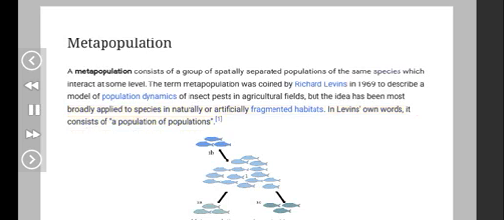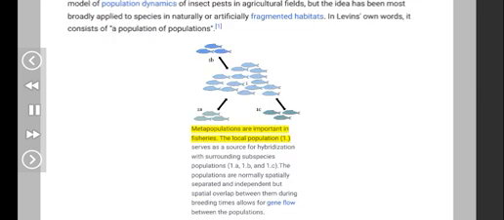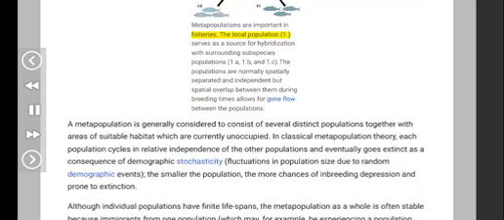1. Metapopulations are important in fisheries. The local population 1 serves as a source for hybridization with surrounding subspecies populations 1a, 1b, and 1c. The populations are normally spatially separated and independent, but spatial overlap between them during breeding times allows for gene flow between the populations. A metapopulation is generally considered to consist of several distinct populations together with areas of suitable habitat